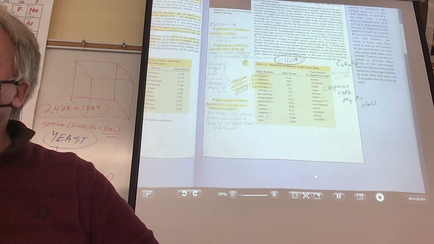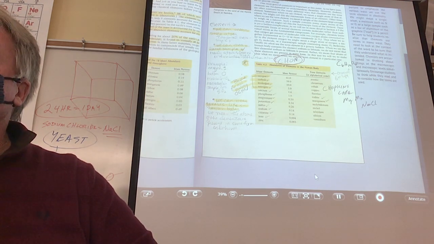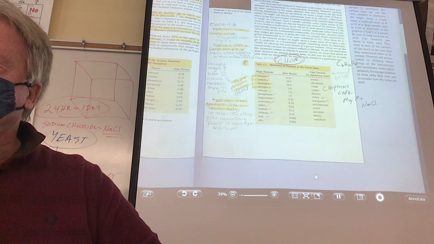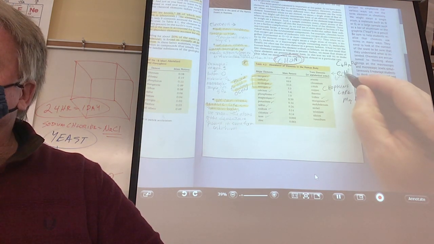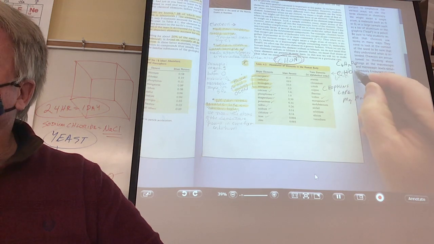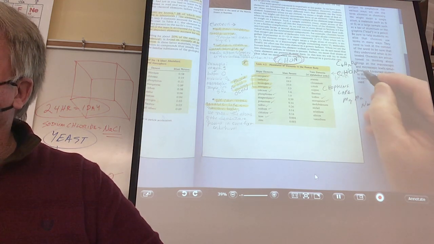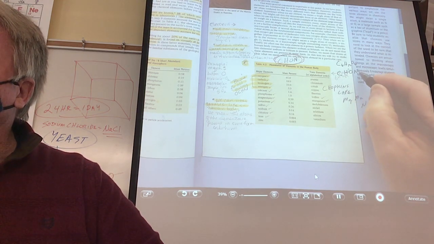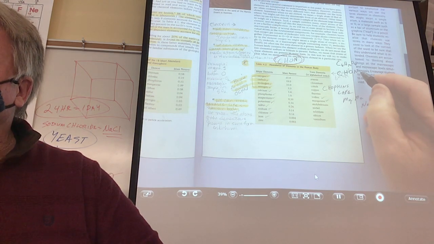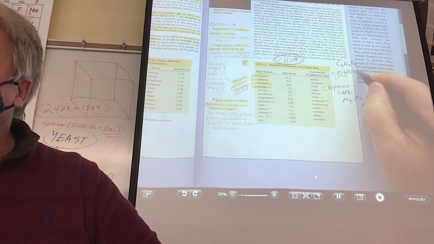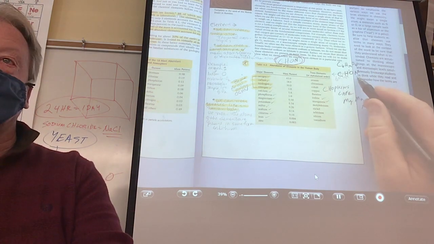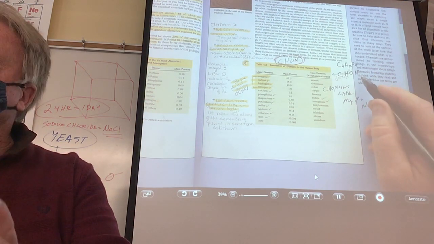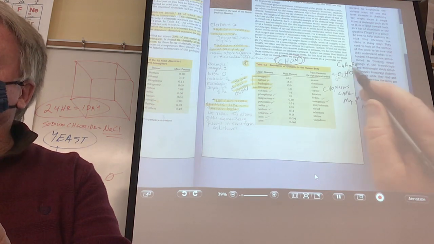What about proteins? Proteins are made of amino acids. Amino acids have what in them? They have carbon, hydrogen, oxygen, nitrogen. Anyway, so they have usually this. Every once in a while you'll find a sulfur in there, but not very often. So there's your proteins. Matter of fact, that's why you need proteins, because you aren't going to get any nitrogen